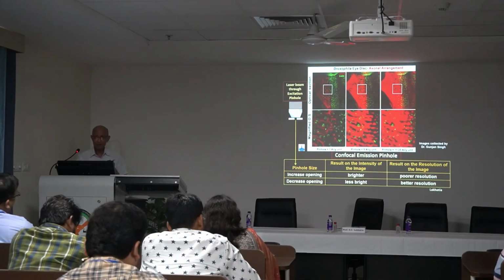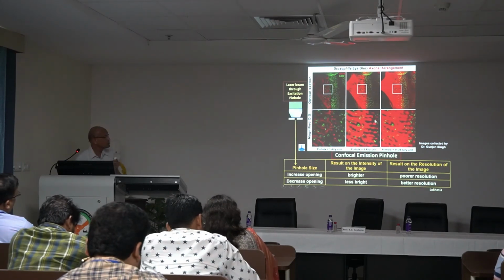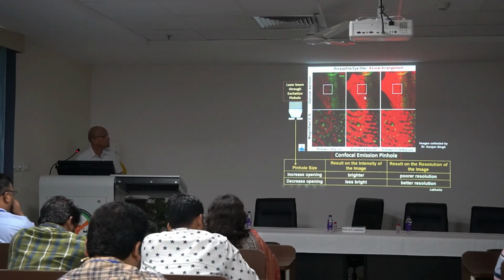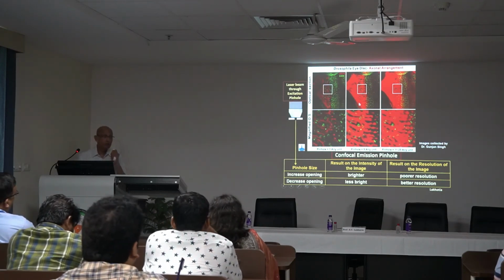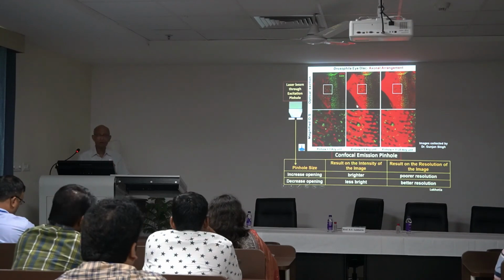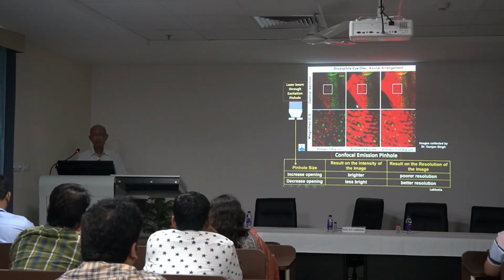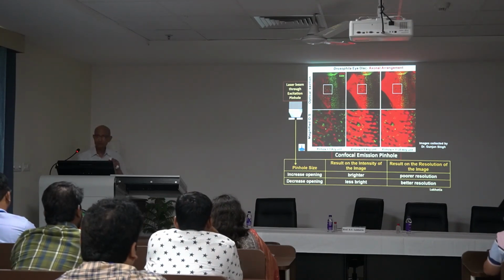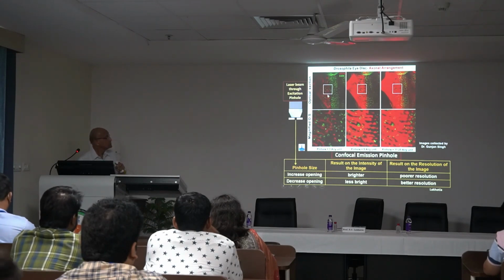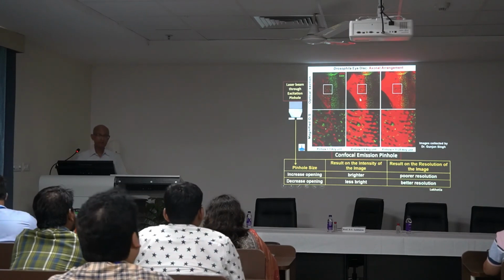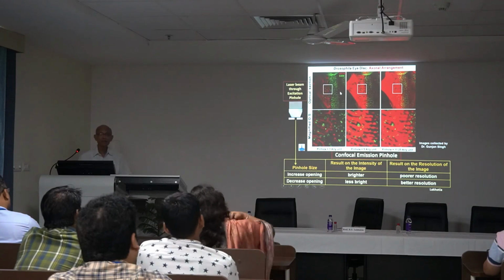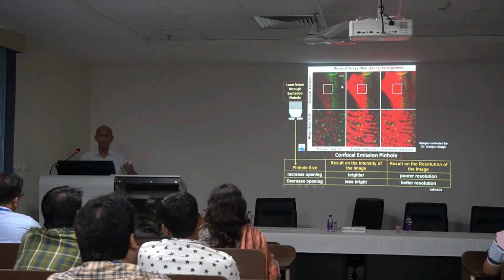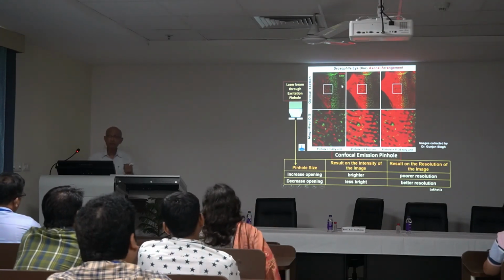everything. The other important point to remember in confocal microscopy is this brightness. We often like a very bright image, but remember, once we go beyond the required level of brightness, we are losing two kinds of information. One is the spatial resolution. You see, for example, the space difference between here and here is gone. The second is quantification. If you want to quantify how much red signal is coming in, because that correlates with a certain amount of protein or certain amount of something else that you are using.